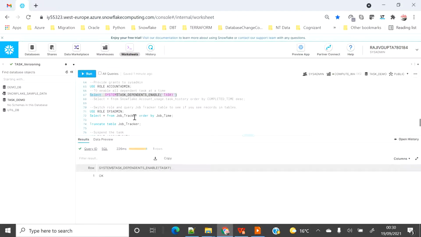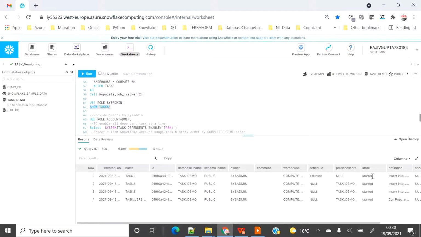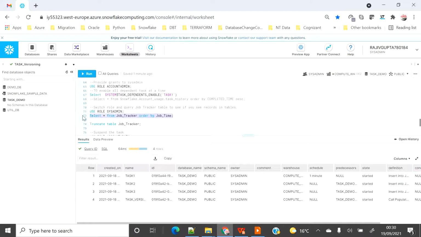Now that we have executed, we'll see the current status of all the tasks, and now all are in the started mode. If we execute this statement, we will see another round of data. Let me do this in descending order so that we see the data in descending order.